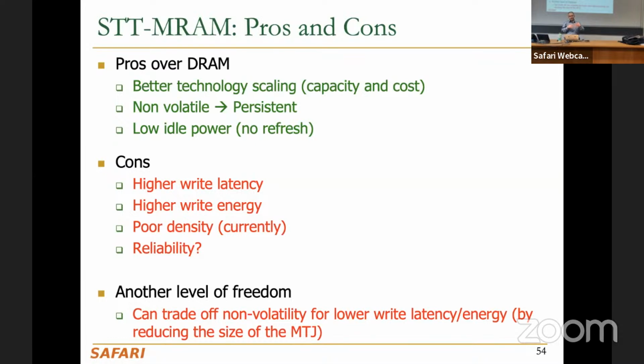People are even looking into designing different STT-MRAM architectures in one chip, like as a cache. They have some STT-MRAM part that they consider high retention, which is slow, as a bigger cache, and also a smaller STT-MRAM cache, which has low retention time but is faster. And they try to cache most of the important working set in that smaller STT-MRAM cache. So it's quite interesting that you have this level of freedom and you can do a lot of trade-off analysis here as well.